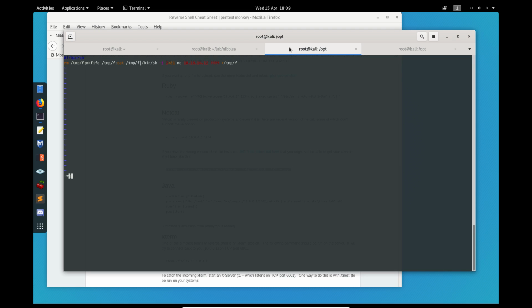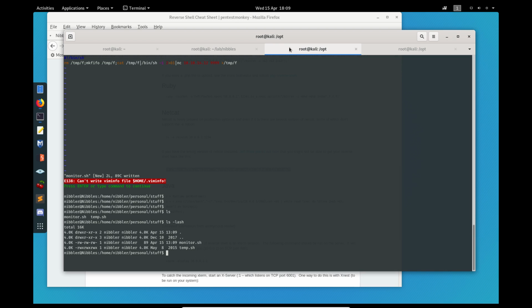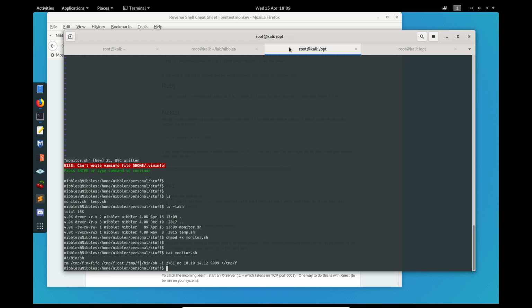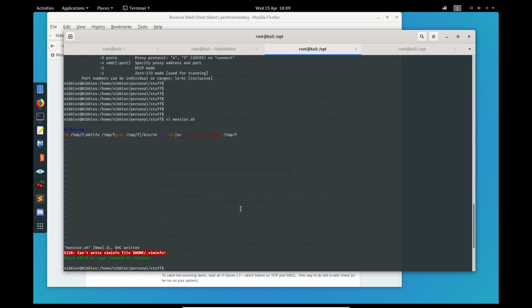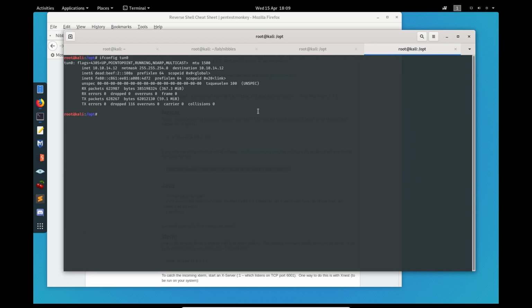Escape, save that. Next, to make that executable. Okay, and if we go here,